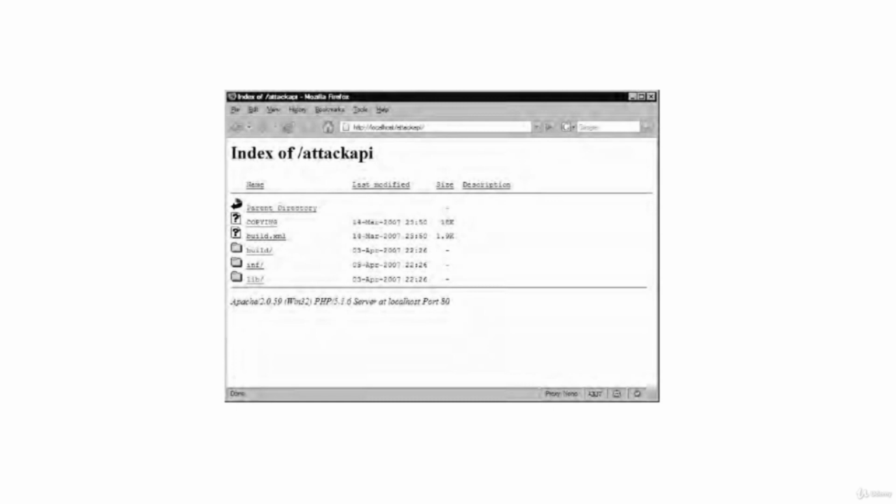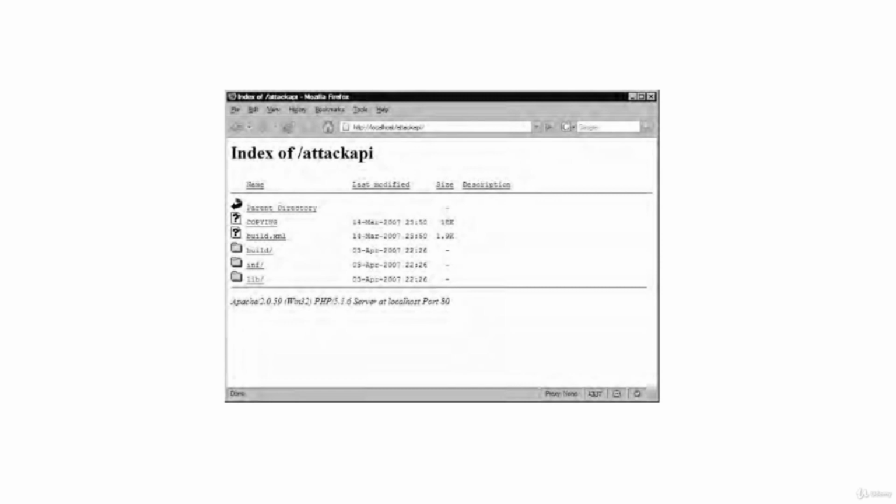For example, if you are using WAMP, you can put the files inside c:/wamp/www/attack-api.